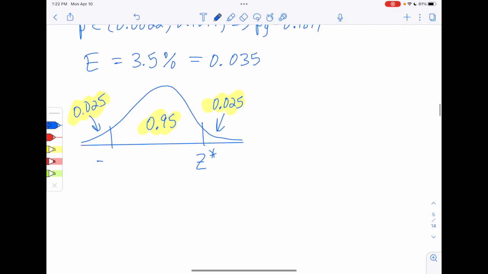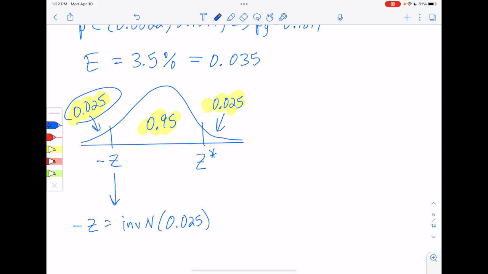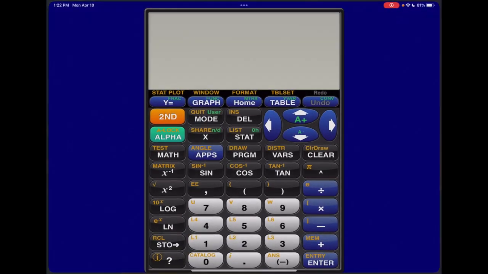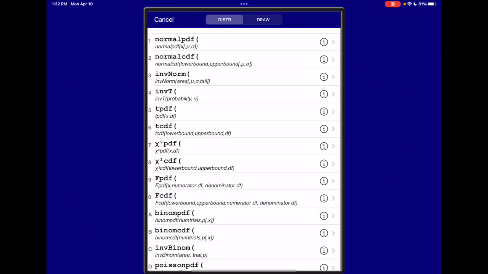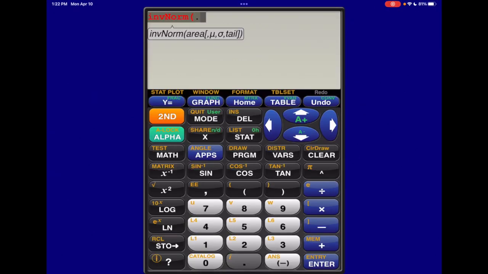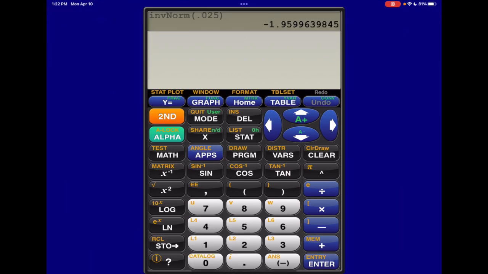It turns out it's a little easier, the way the calculator works, to find the one on the left first. So we'll look for that negative Z by using inverse normal. With inverse normal, you need to know the area to the left of your value. That's this number here, 0.025. Then we go to the calculator and see what we get. So let's switch over. We go into our distribution menu, choose inverse normal, put in the area to the left, and we get negative